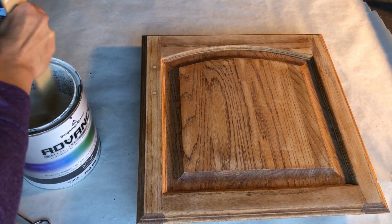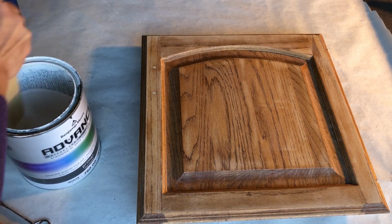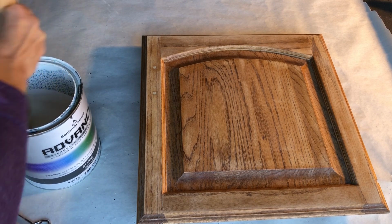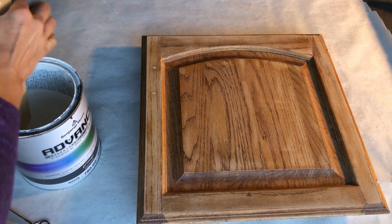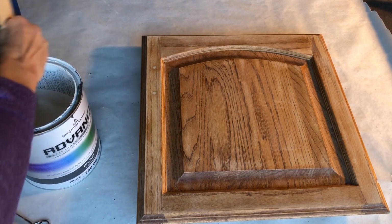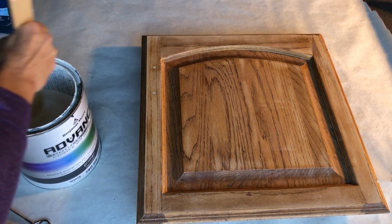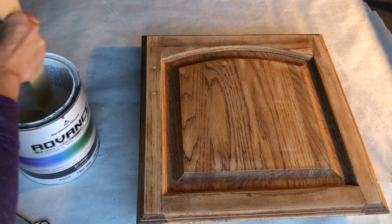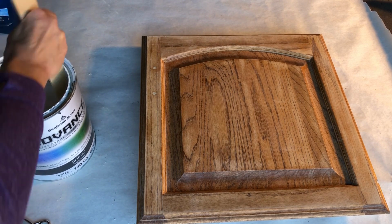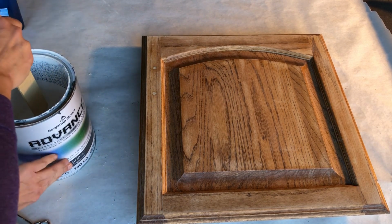Now I do want to reiterate to you all that whenever I say that this is an extensive process, I'm not kidding. I'm not talking hours, I'm talking like days. And I guess you could speed it up, but I don't see why you would want to, because there is the great potential of causing damage to all your hard work and the finish on your paint, so I wouldn't do it. So again, we're using primer first,